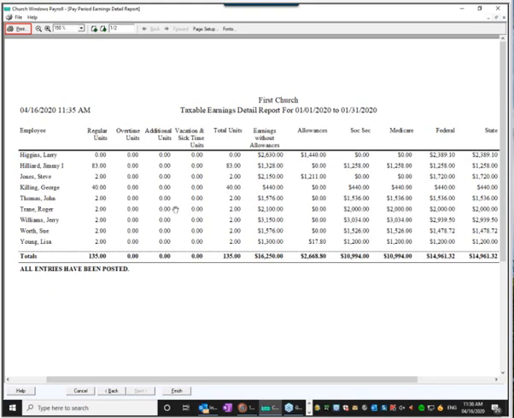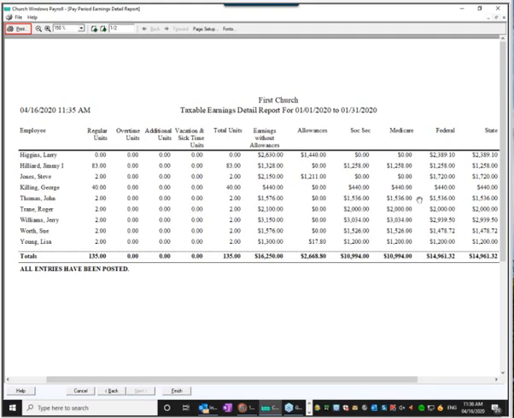And what I mean by that is anything that's recorded as, it's the taxable earnings report, folks. So it's the regular earnings without allowances. So that would be regular, overtime, additional, vacation, or sick, okay? Allowances certainly could be considered or classified as taxable, okay? But in this case, taxable earnings is taxable regular earnings, essentially. Then it does show our